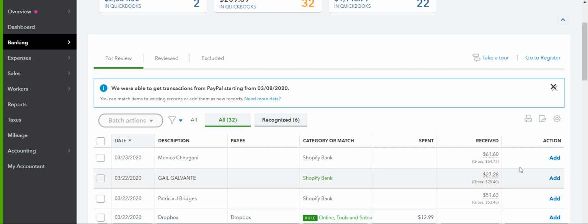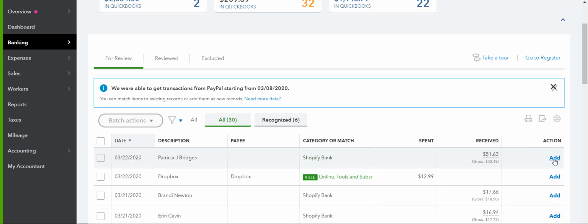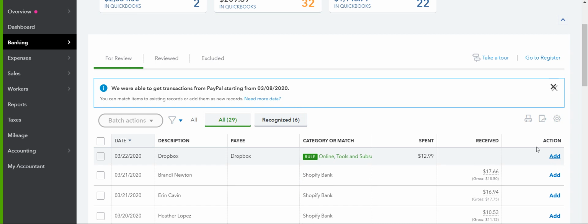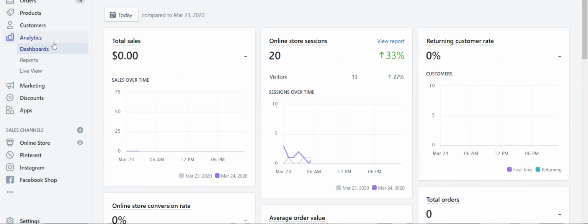So all of this is also going to be easy. We're just going to add, and add. Okay, that's all going to Shopify Bank. All right, let's go back to Shopify. And we're going to go back to Analytics,